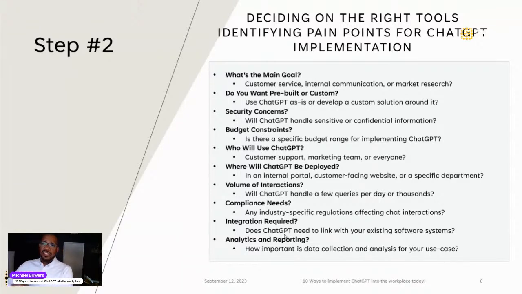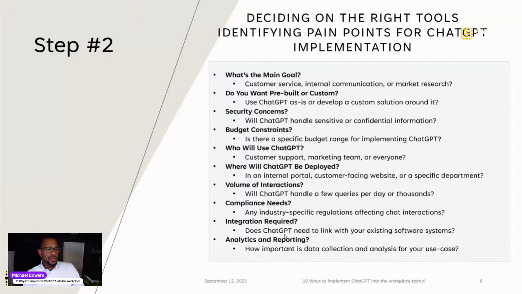So don't just get right in there and put all of your content on there and say, all right, tell me more about this. You don't want to do that by default. So understanding that and selecting the right tools is really key. And we're going to get into that a little in our next step when we talk about policies and procedures.